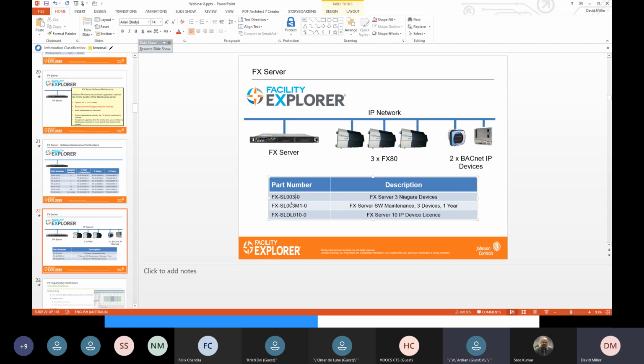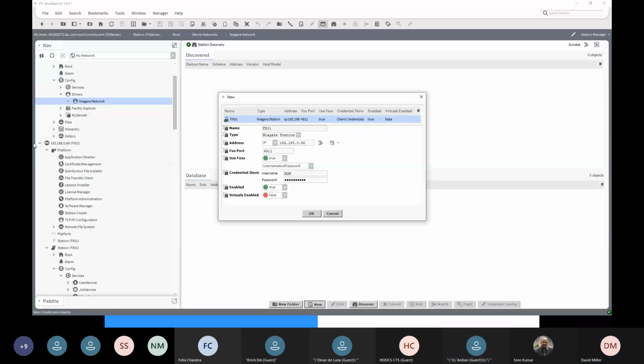But this SL license here defines the number of devices you can have underneath your Niagara network. Okay, David. Yeah. Okay, thank you. All right. So